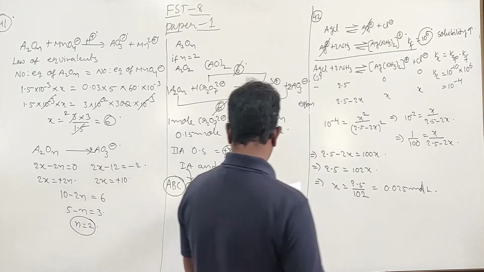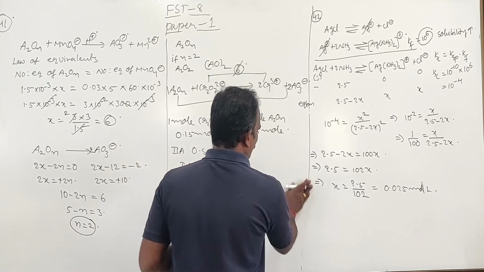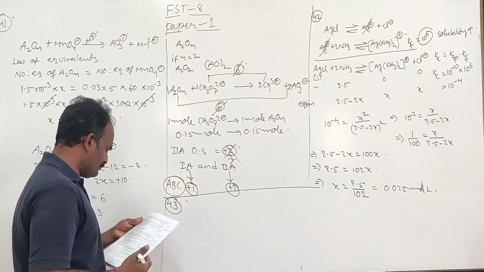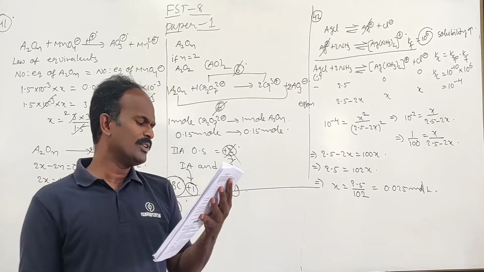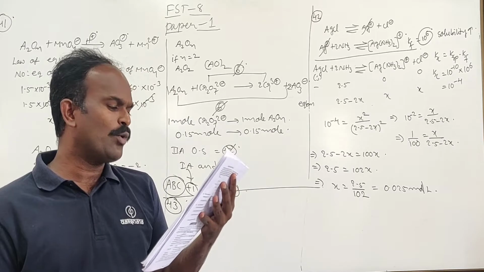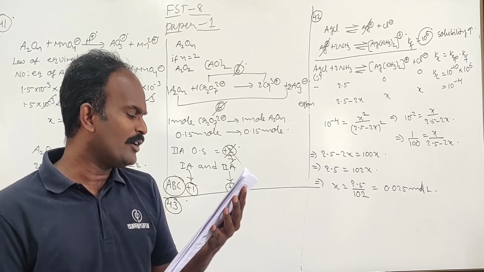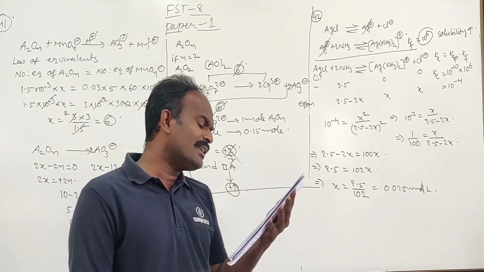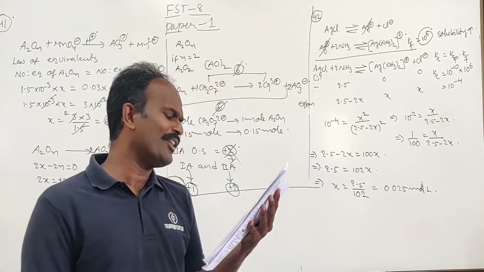Now question number 42 is also over. Now let us see question number 43. Select the incorrect option. In SO2, if the sigma bond occurs in the xy plane, then pi overlap can occur between 3pz orbital on sulfur and 2pz on one oxygen atom and between 3dz square orbital of sulfur and 2pz on the other oxygen atom.